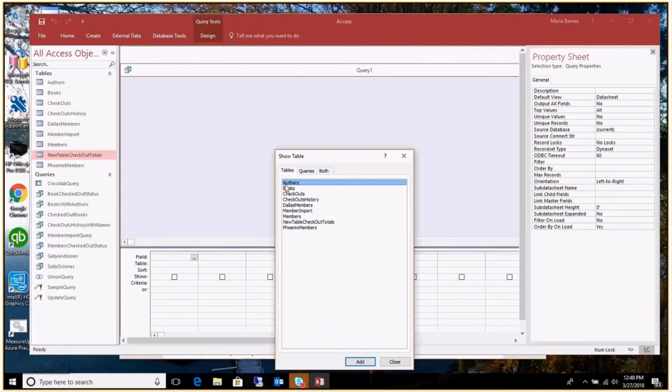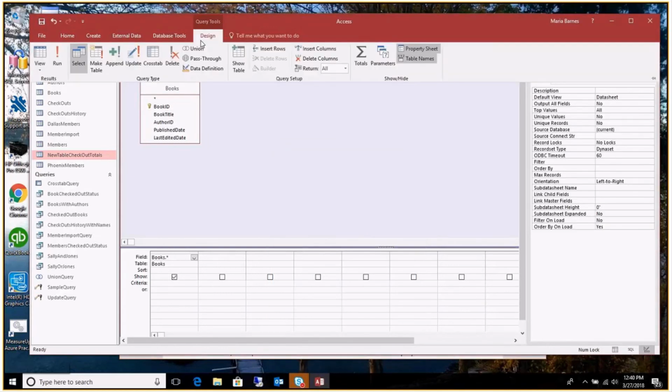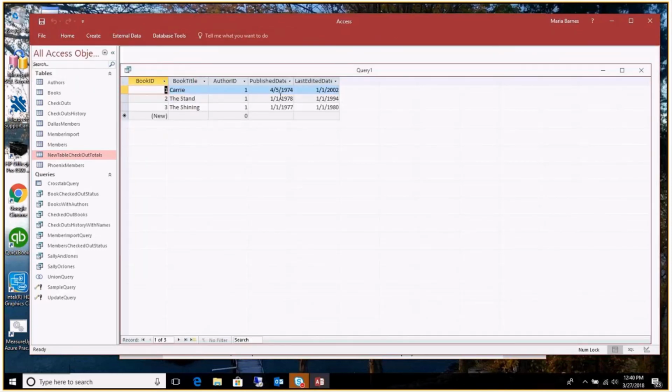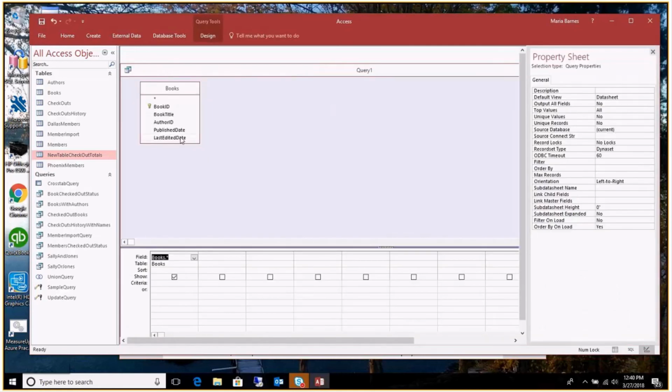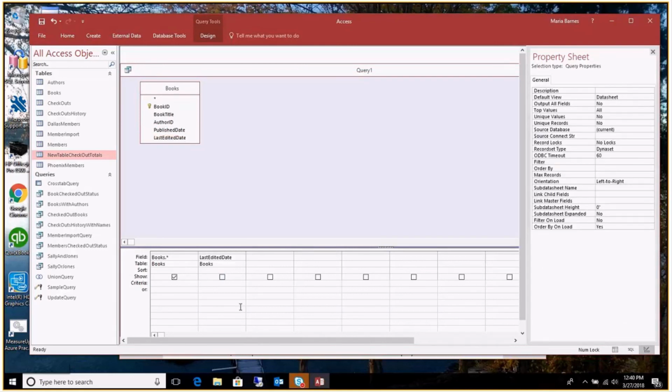So let's look at the books, say. And let's choose everything here just so you can see what's in there. We've got books, we've got last edited date, and let's say that we are going to change our query, and we want to look at things that were last edited before the year 2000. Okay, so let's do that. So we're going to say the last edited date, and we don't need to show that again because it's already shown in this. And we're going to do less than